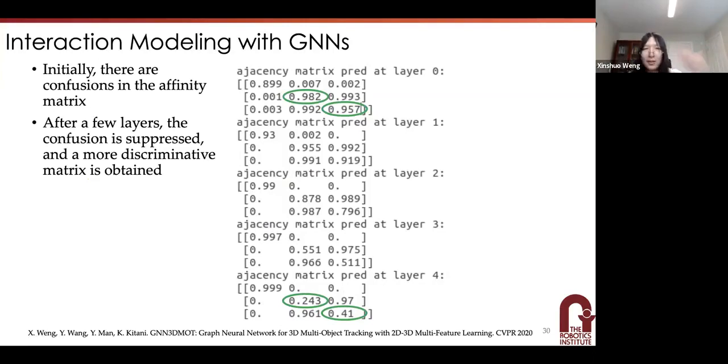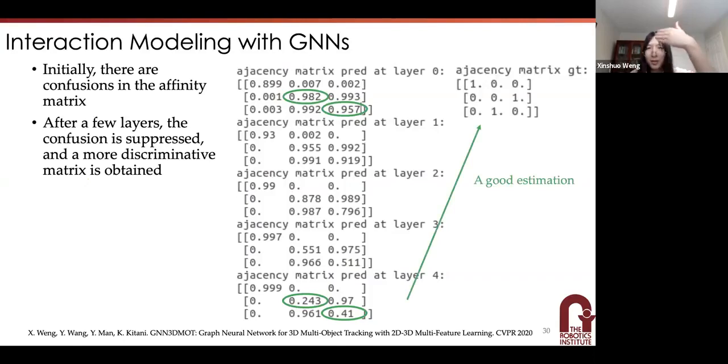So this is how this graph network works. It suppresses the values in the matrix where the objects have different identities, so they have lower similarity values. This is pretty close to the ground truth that we have for this frame,